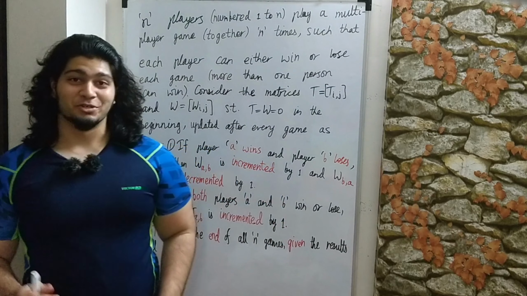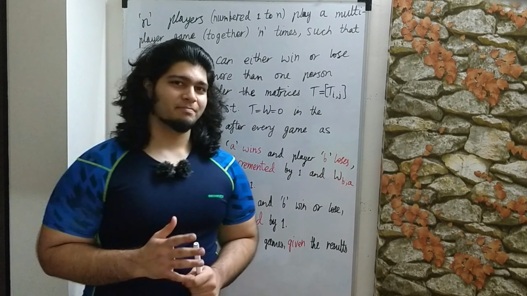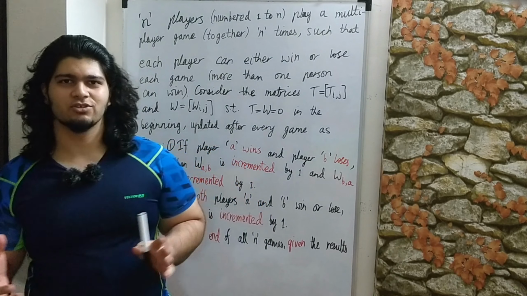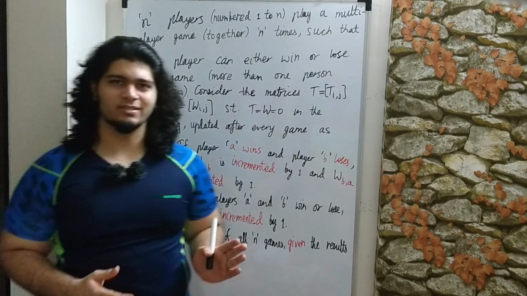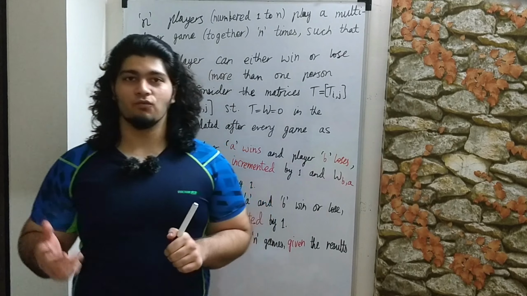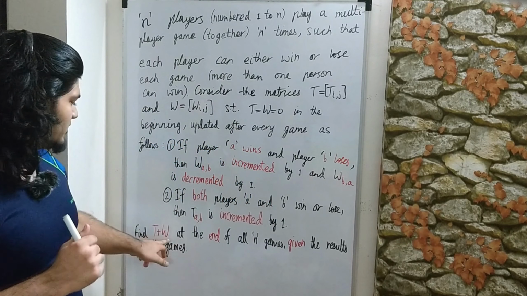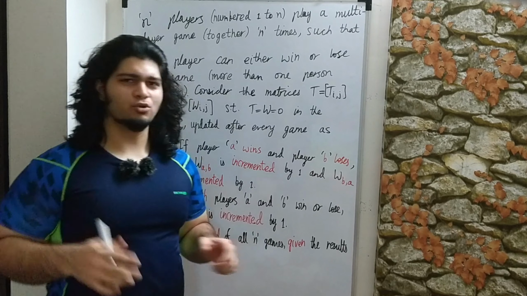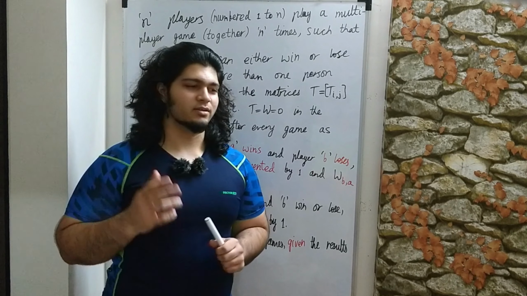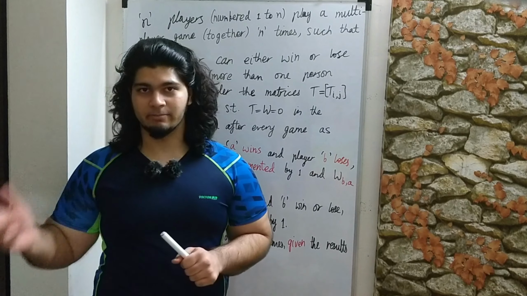Hey there. So today we are going to be looking at the 2011 B4 but a bit modified. So the main crux of the question is the same, but I've changed what we have to find. So over here we have to find T plus W. Over there we have to prove a certain result about the determinant of T plus I times W.